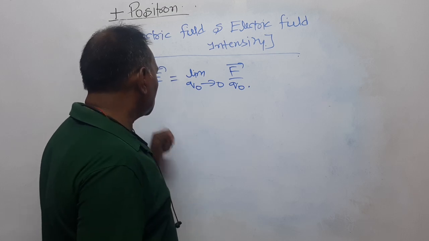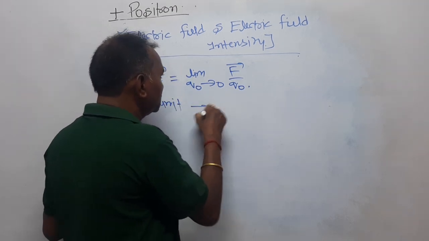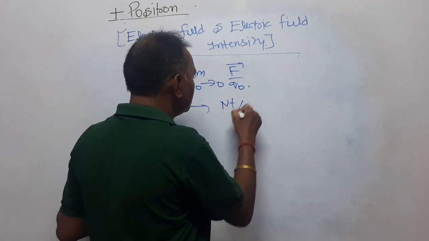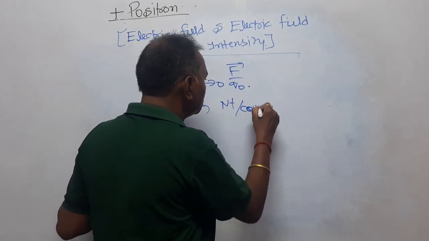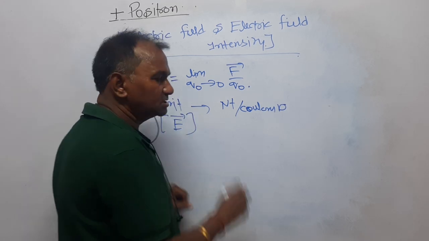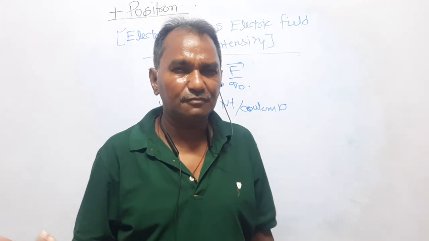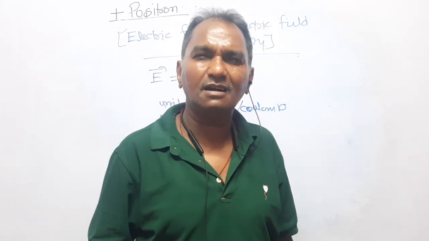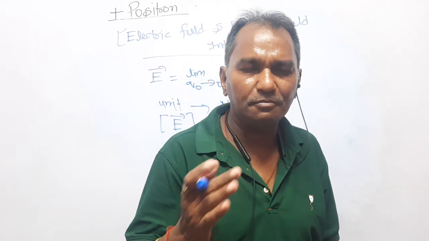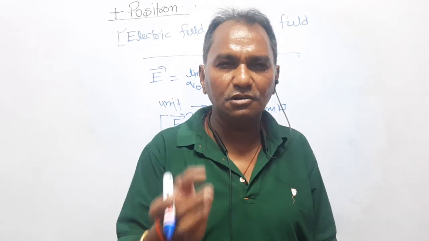If you want to find the unit of E in MKS, you can write this is Newton per Coulomb. Newton per Coulomb. You can also find the dimension of electric field. When I was making my videos on the first chapter, dimensional analysis, I discussed only 2, 3, 4 dimensions with you all, and I told you that as soon as time comes, you will become familiar with new physical quantities, and at that very moment we should discuss the